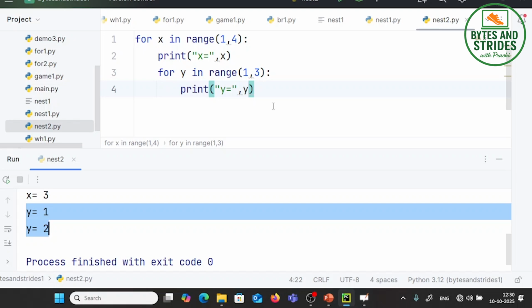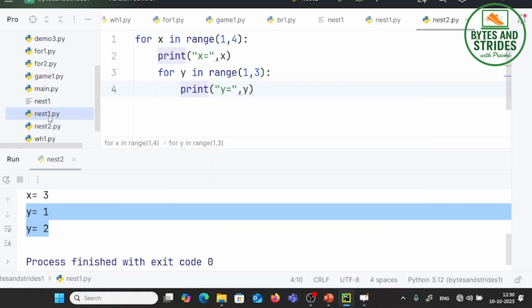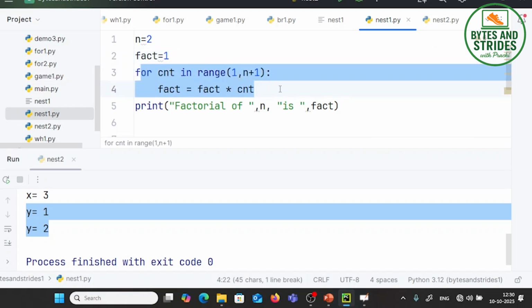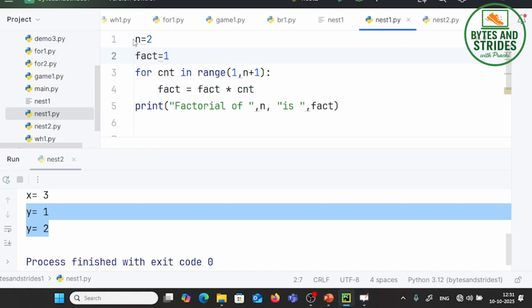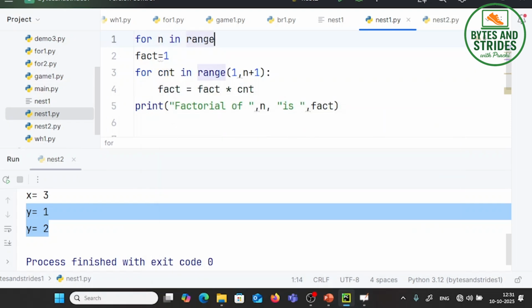Okay. Now, when I write a break or something, remember it will terminate the loop in which it is written. So in the same program where I have this factorial, let us make a little bit of change here. This particular loop is finding the factorial of a number. Let us generate the number in the outer loop. So I will say for n in range 2 to 5.